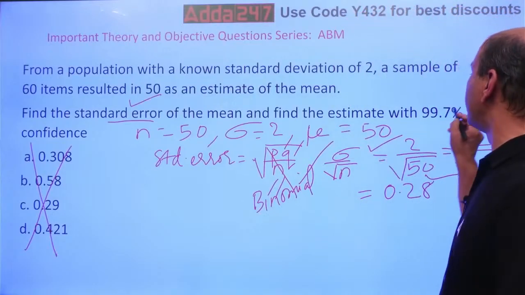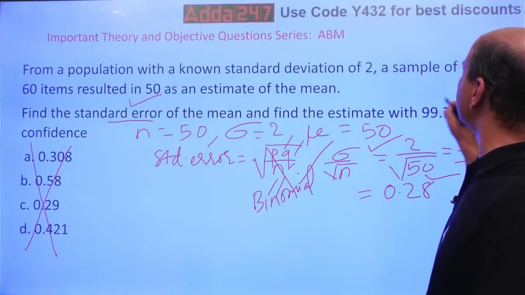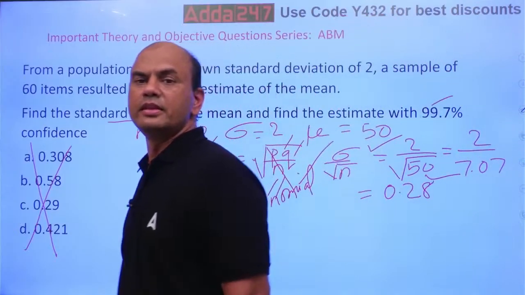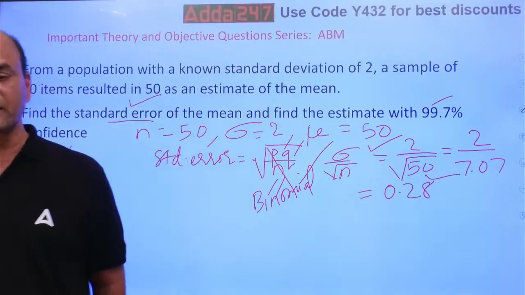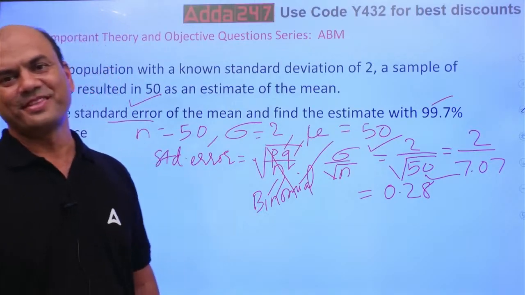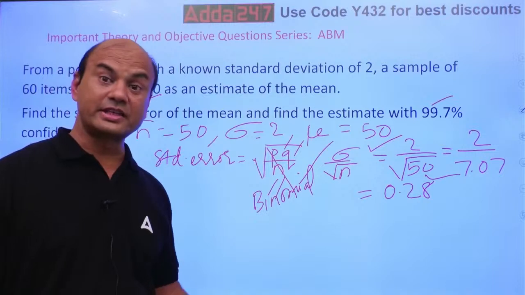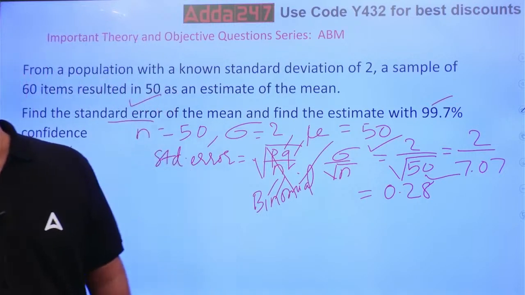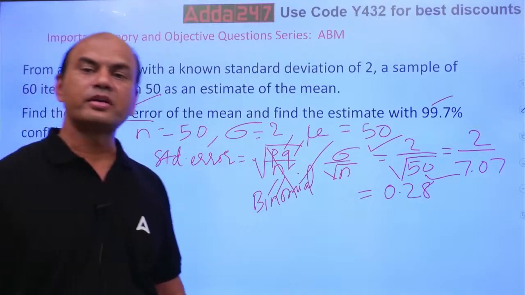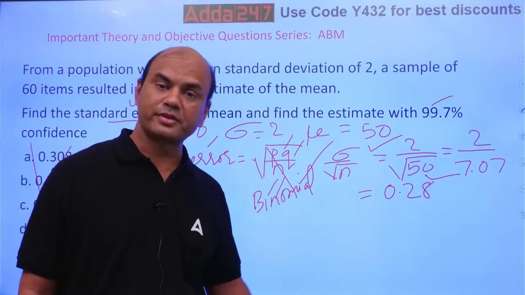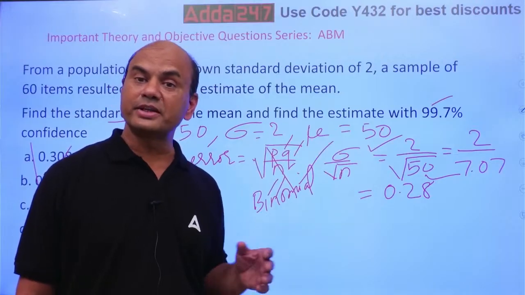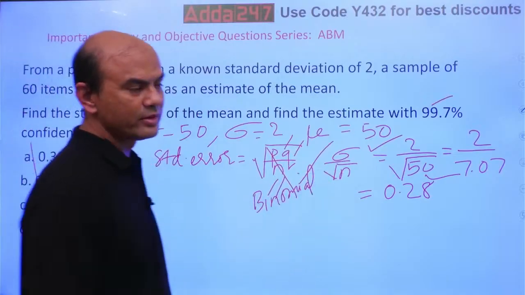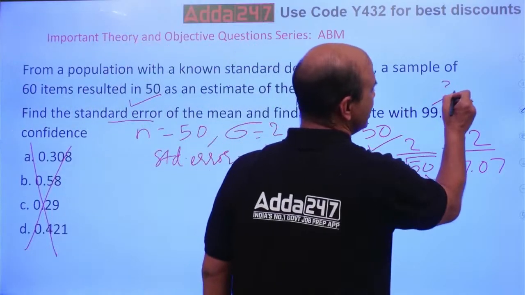Find the estimate with 99.7% confidence. 99.7 means how many standard errors? 68.3 is 1. Second is 95.5. Third is 99.7, which is 3. So here you will be requiring 3 standard errors, 3 psi